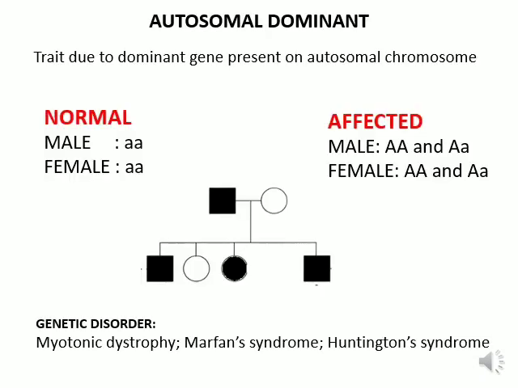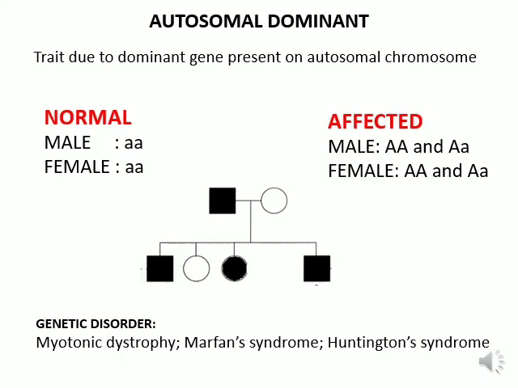So to start with the mode of inheritance, one by one we will study what will be the mode of inheritance. First, we begin with if the disease is autosomal dominant. So that is the trait, the genetic disorder is due to dominant gene present on an autosomal chromosome. So in that case, the genotype of the normal individuals will be homozygous recessive because the disease is due to the dominant gene, and the affected individuals will be either homozygous dominant or heterozygous.